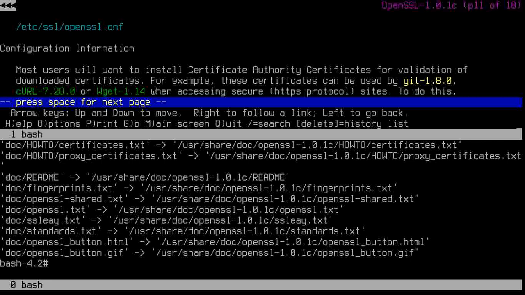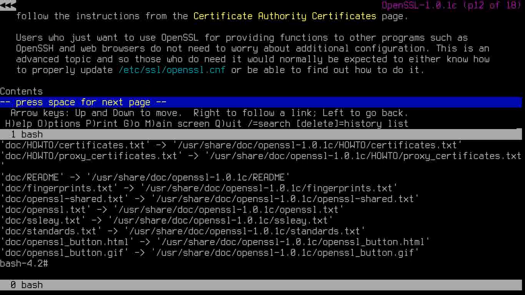Now, Google has not been so friendly, and I'm not going to do OpenSSL on it. OpenSSL is better than straight HTTP, HTTPS is better than straight HTTP, but I'm not going to install it. Okay, so